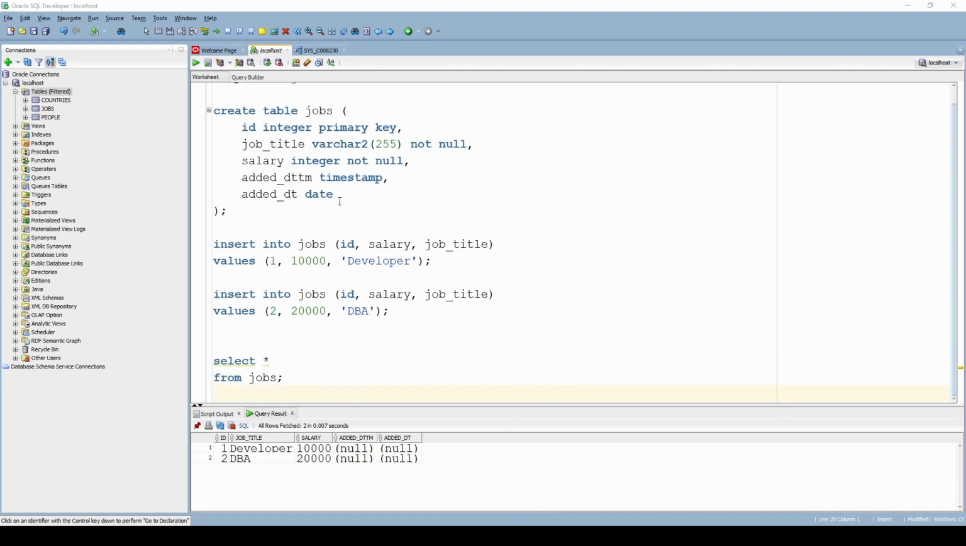So what I want to do with this is I want this column to be the timestamp of when a row has been added, and I want the date to be the date of when a row has been added. So essentially this will give us the same but slightly different information. So here we have the time also included. And how you actually do it is you say added datetime